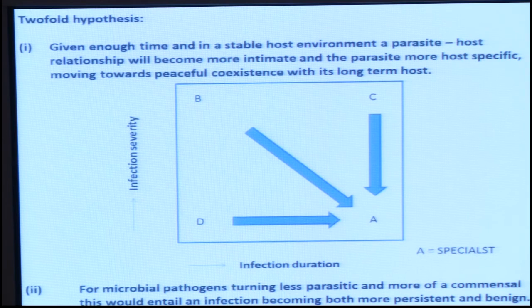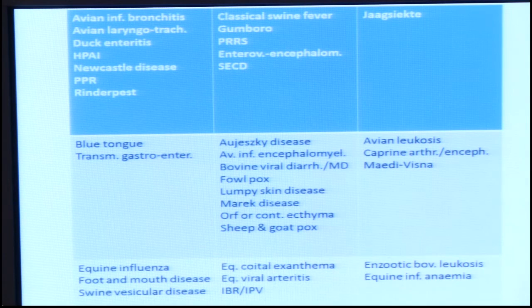So let me recall the hypothesis. I suggested that given time, pathogen and host tend to become more intimate. And we expect this to be reflected in the infection becoming more persistent and also more benign. Now let's distribute these viruses across the infection plane. I will, in a minute, go into individual virus infections and diseases. Let me for now